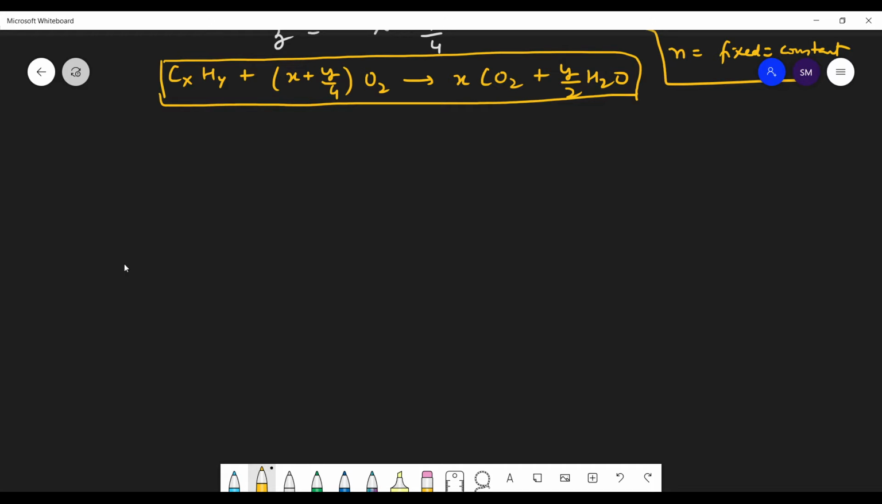Practice questions. Okay, we have question number 1. We have 8 ml of gaseous hydrocarbon. This is 8 ml, and it was exploded with 45 ml of oxygen. The volume of the gases on cooling was found to be 37 ml and 16